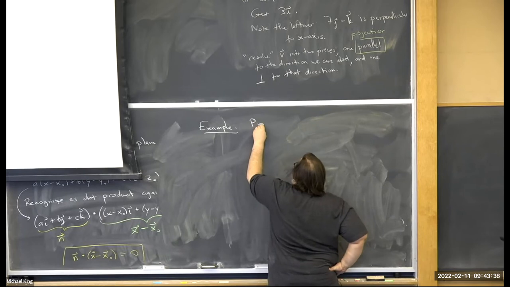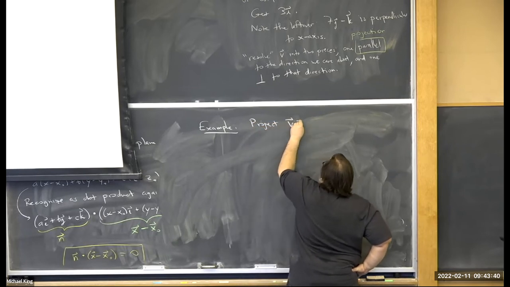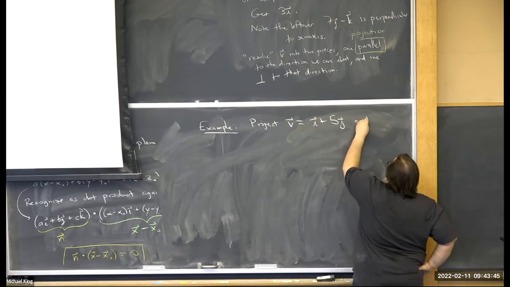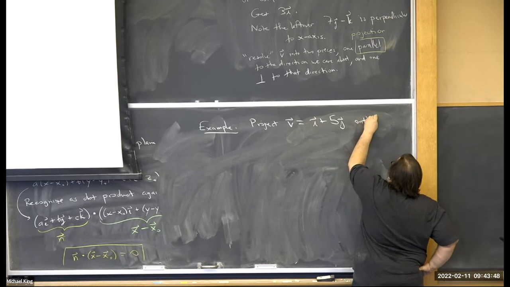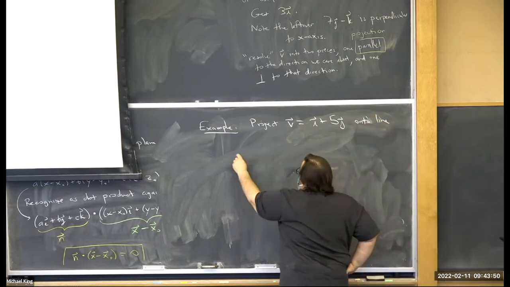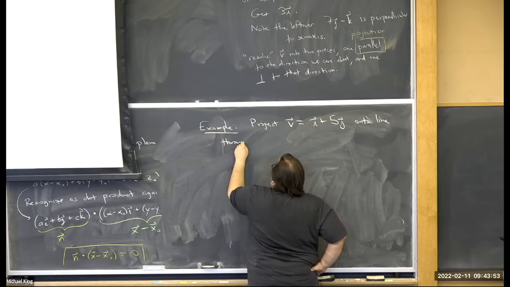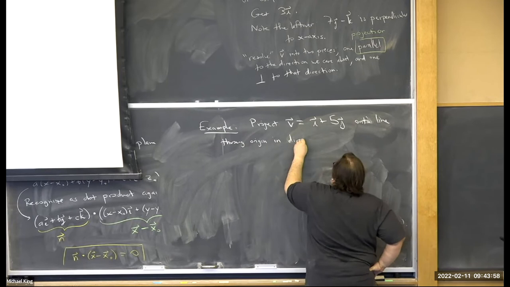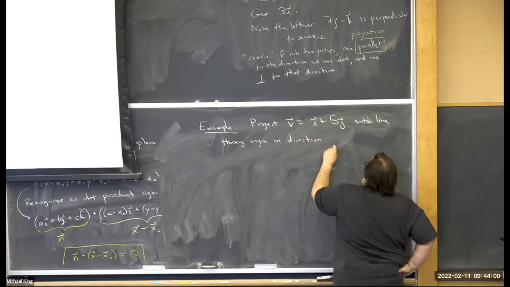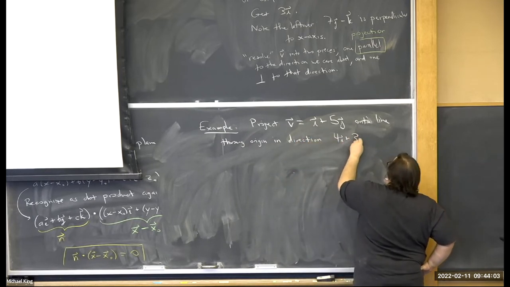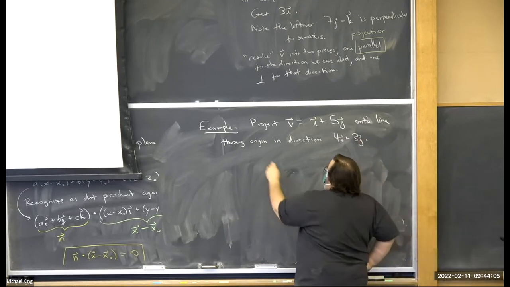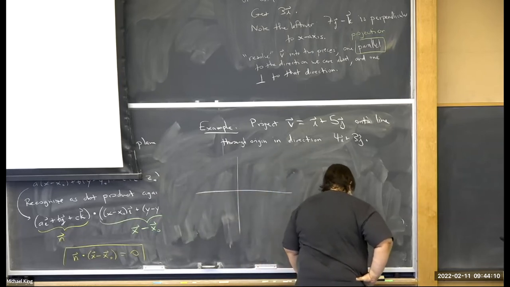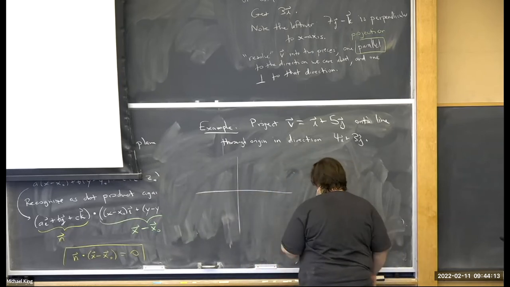Let's project v, which is i plus 5j, onto the line through the origin in the direction 4i plus 3j. So I'll draw this. If I go over 4, up 3,